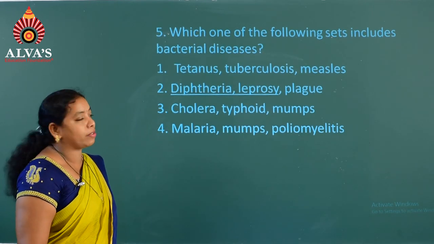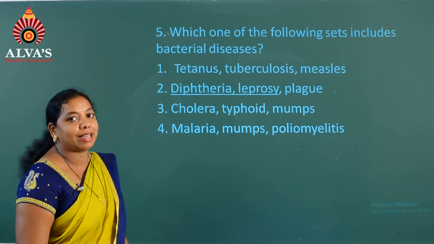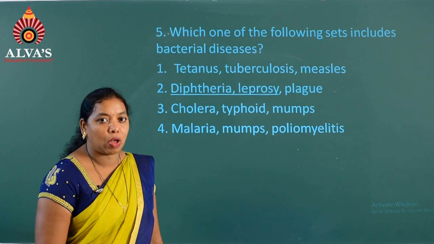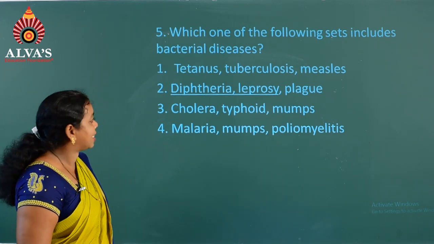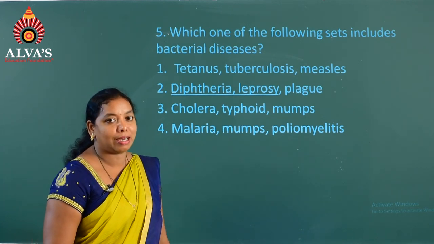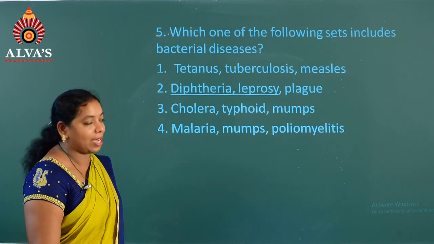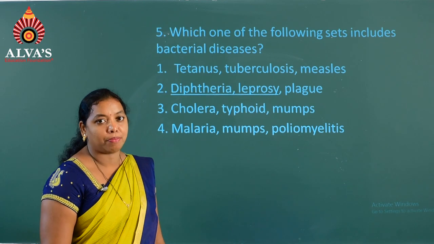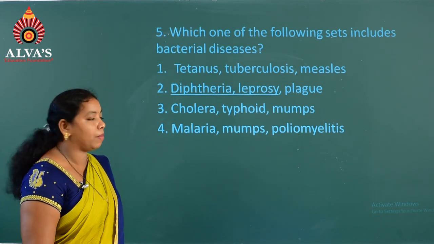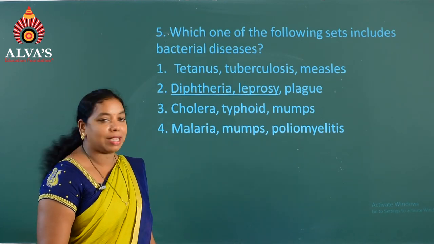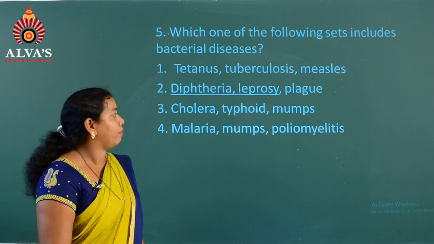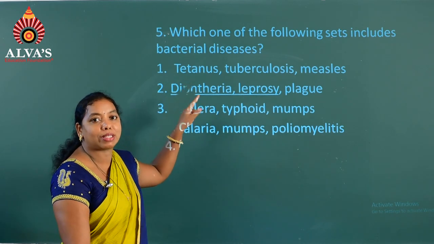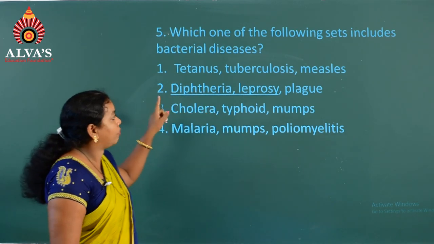Which one of the following sets includes bacterial diseases? The first option is tetanus, tuberculosis, measles, whereas the second option is diphtheria, leprosy as well as plague, the third option is cholera, typhoid and mumps, and the fourth option is malaria, mumps as well as poliomyelitis. Here we can see the first option, that is tetanus, tuberculosis and measles, out of which